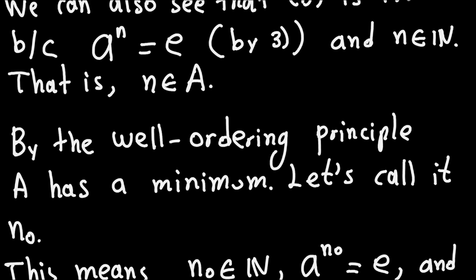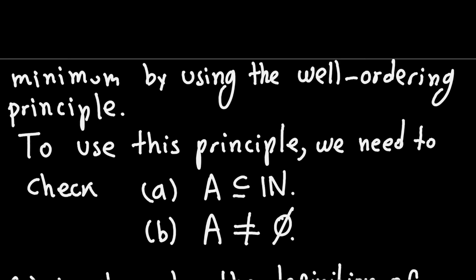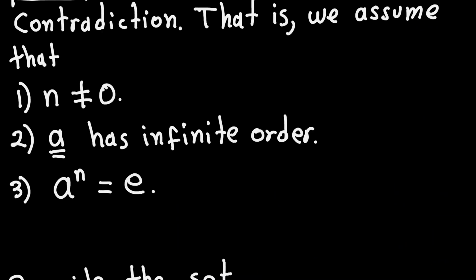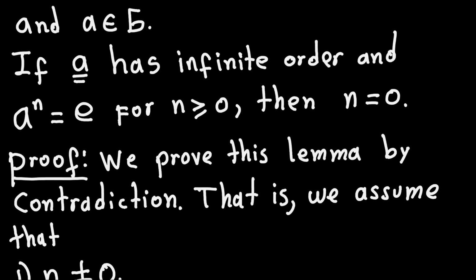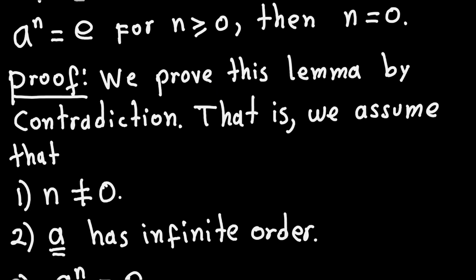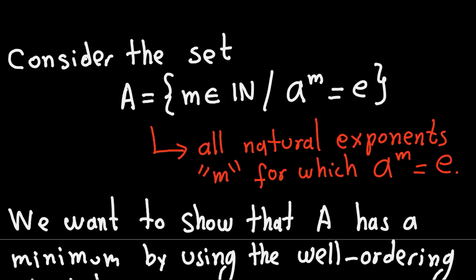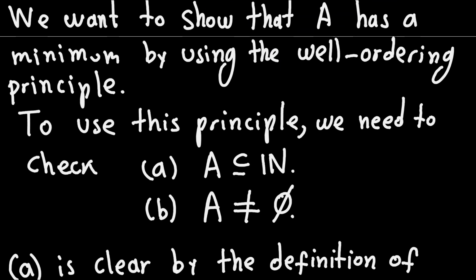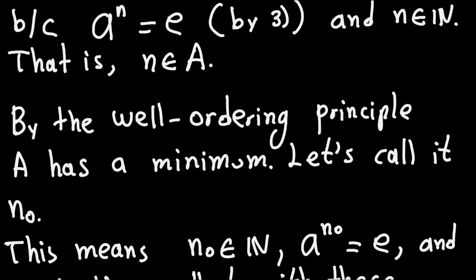So let me scroll up here to check out the lemma one more time. If we have an element of infinite order and a power of that element gives me the identity for an exponent bigger than or equal to 0, then that exponent has to be 0. All right, so we just proved that lemma. So let's continue with the next